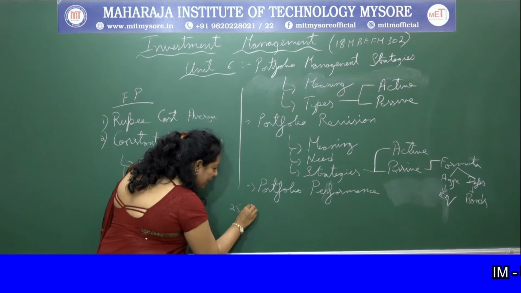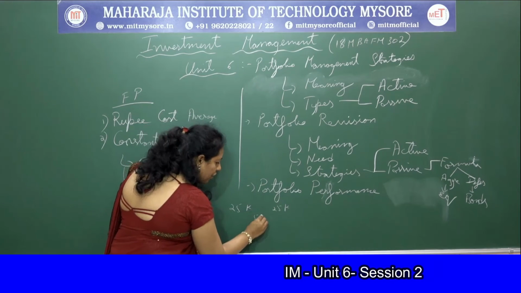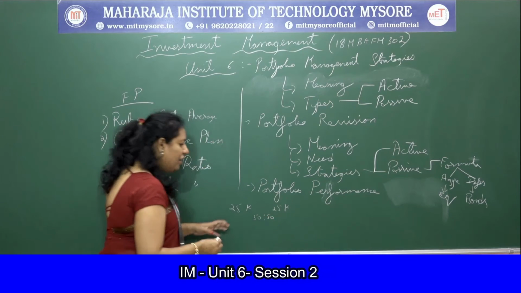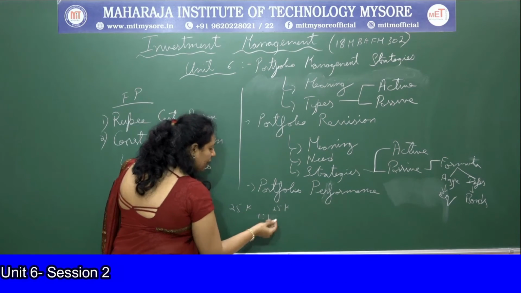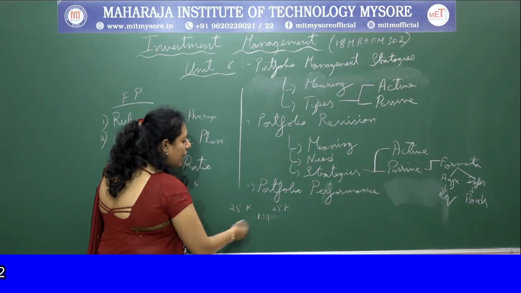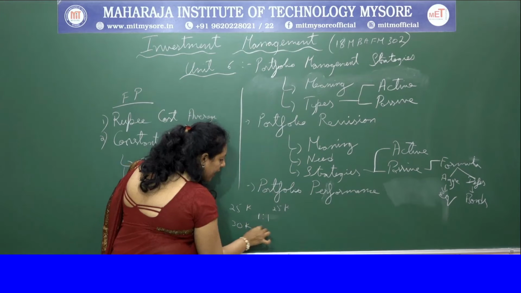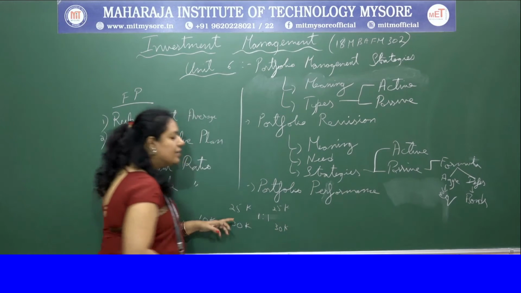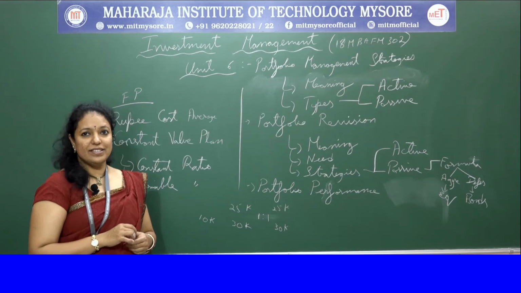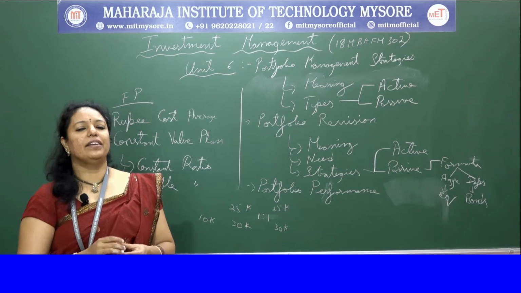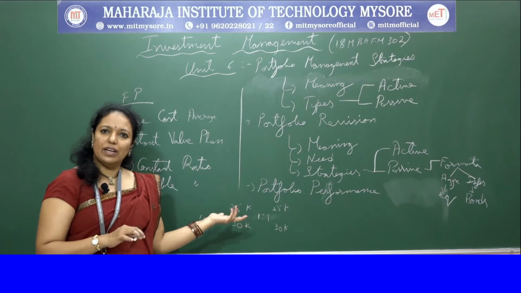If you have 25k and 25k each invested, so this is in the ratio of 50:50, that is 50-50%, or 1:1 ratio. So if you add an additional 10k, then this becomes 30k and 30k. Again, this is in the ratio of 1:1 itself. Whatever the price is, that is constant ratio plan. The ratio is constant even though the amount changes, reduces, whatever happens.